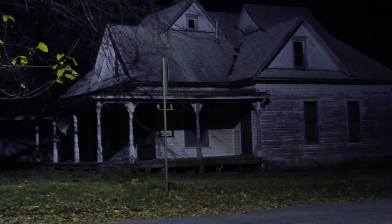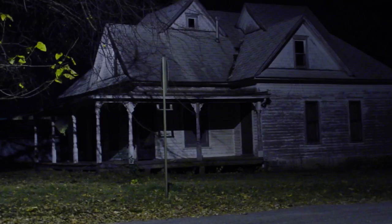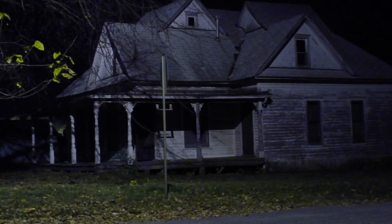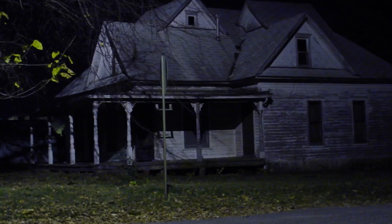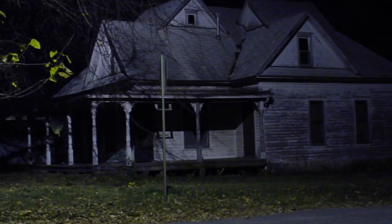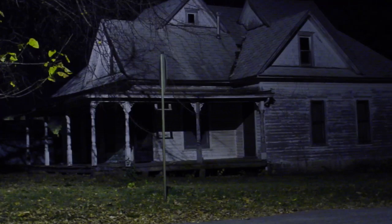Why would you seal up a window from the inside but leave it completely accessible from the back of the house? It didn't make any sense. This naturally became a topic of intense speculation for me and my friends. There must be a body, a cache of old documents, or pirate gold back there. But alas, we couldn't get inside without breaking the window, and I wasn't going to vandalize my own house